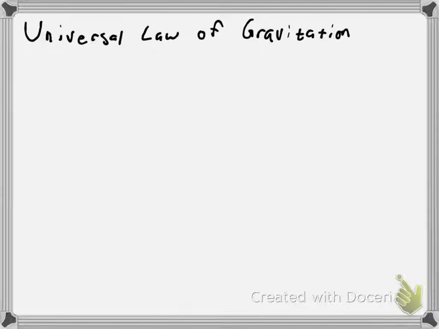Besides his three laws of motion, Newton is also credited with developing the universal law of gravitation. What the universal law of gravitation explains to us is the force of gravity that two objects would feel when placed near each other. So if you had two planets that are some distance apart,